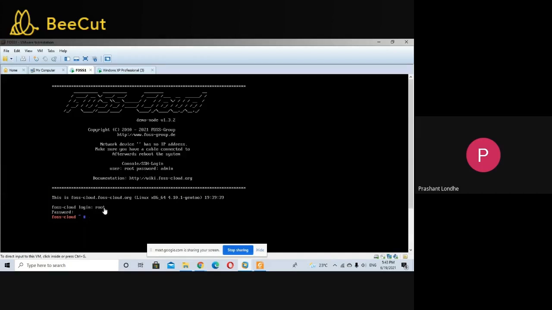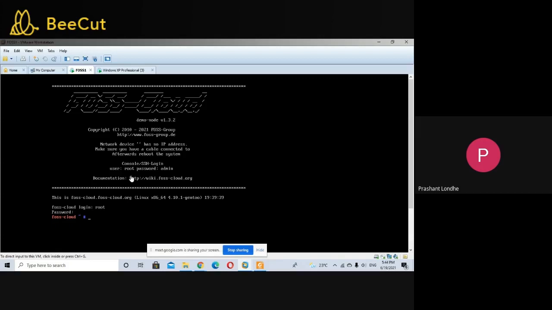It will ask you to install the demo version or single node version or the network version. For this purpose, if you are working with a VMware Workstation, then you need to select the demo version. If you are working with some kind of client-server architecture that we do in laboratories, so students can access this FOSS-Cloud also, then in that particular way, you can select the network OS also. Then you need not do anything.